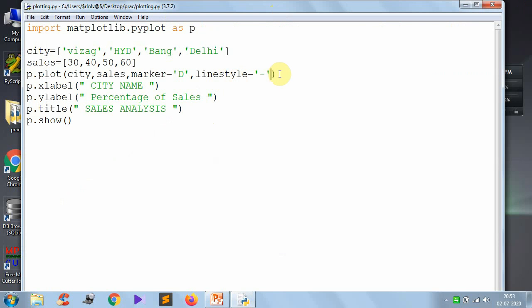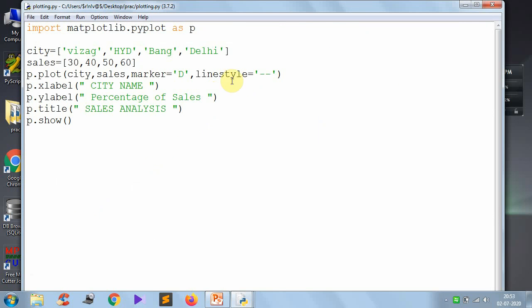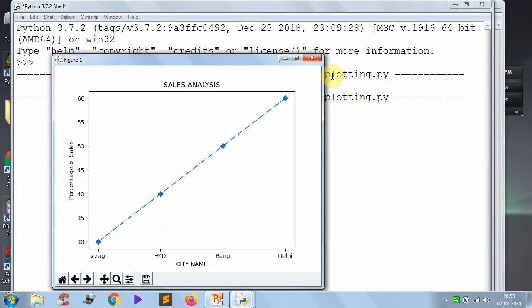And if I give 2 dashes, then the data is represented by using a dashed line. Here dashes will come. So this is also one type of line style. Along with this, if you keep a dot, the line will be plotted with dashes as well as dots in between.